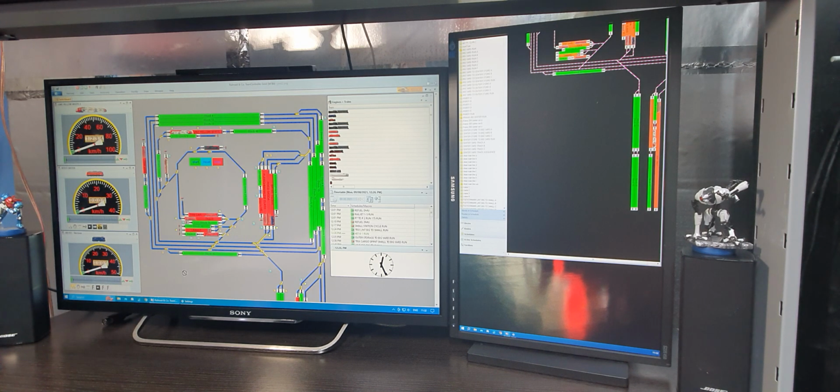Most fairly decent graphics cards on computers have two outputs. So I've got one output, the main output, for the Sony, and the secondary output for the Samsung on the right hand side, which is in portrait mode. So anyway, to set up the monitors,